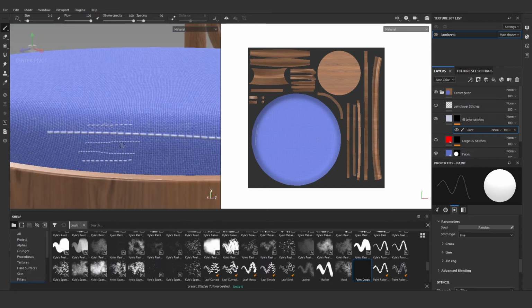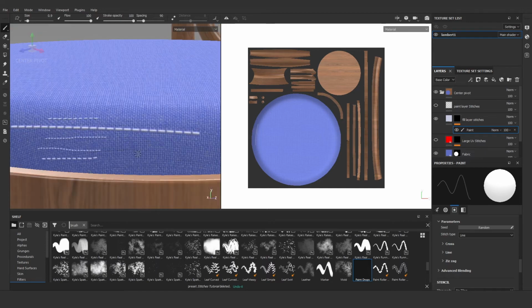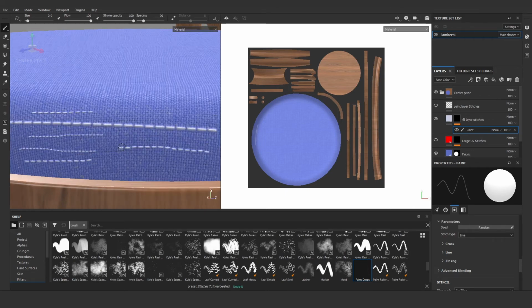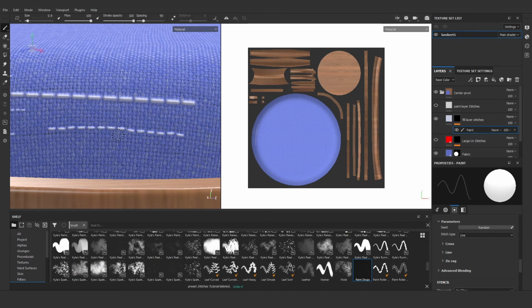And then some tricks and help for your stitches. For this kind of model you need to stitch a straight line, so just click and then shift-click, and it will go straight. Shift plus click will give you a straight path to create stitches.